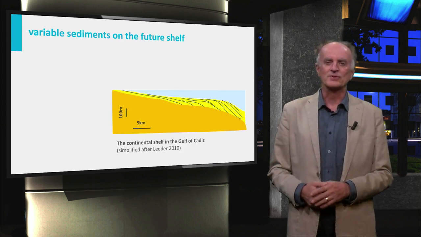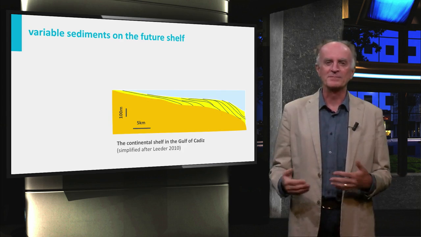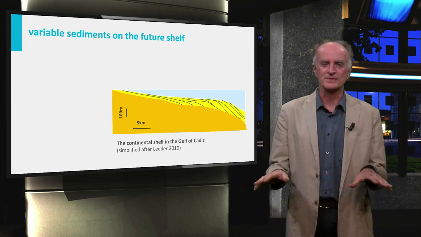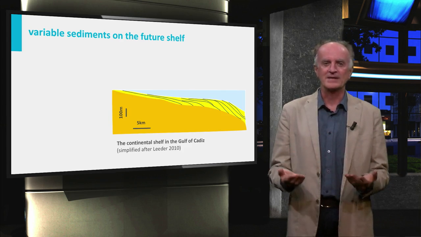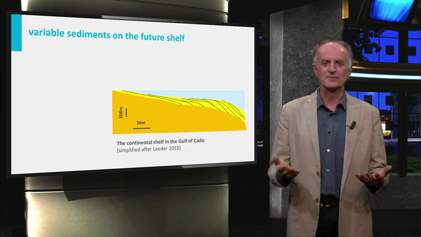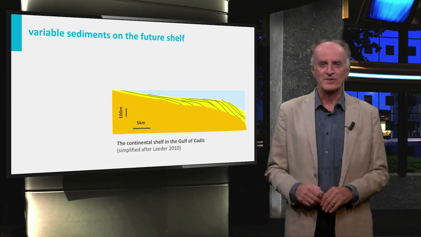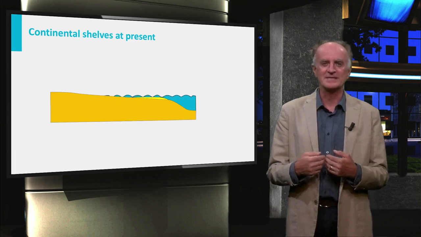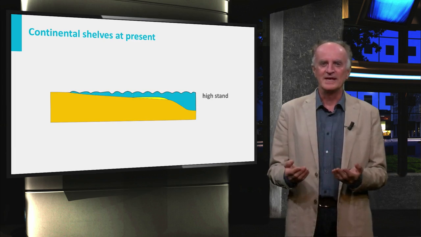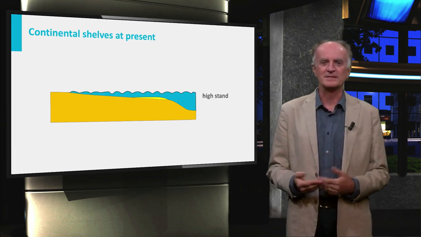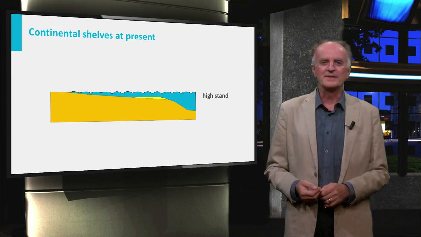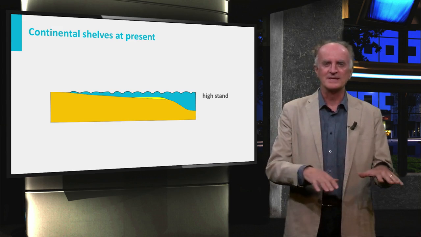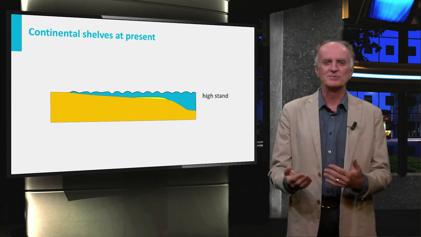Clearly, the area of the future continental shelf was characterized by a remarkable variety of sediments in terms of amount, type, composition, and distribution. This has a major impact on the kind of sediments dispersed in the continental shelf. With the improvement of climate conditions, sea level began to rise. In most places, sediment input from the rivers was insufficient and water depths of several tens of meters developed. Marine currents, tides, and waves started moving around, distributing sediments, the coarse and fine-grained sediments which were deposited during the